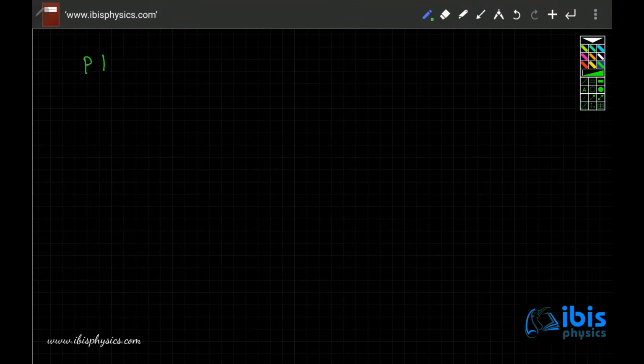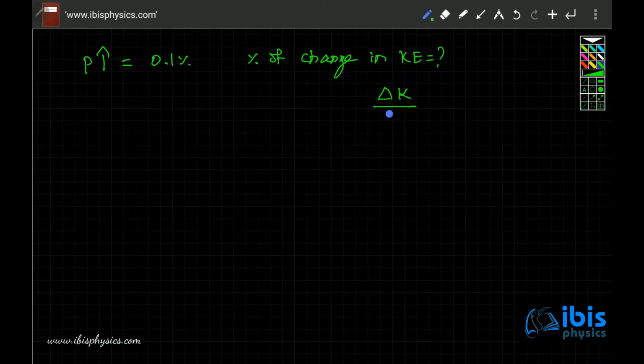So if the momentum is increased by 0.1%, what is the percentage of change in kinetic energy? This is the question. Percentage of change in kinetic energy means change in kinetic energy divided by original kinetic energy, times